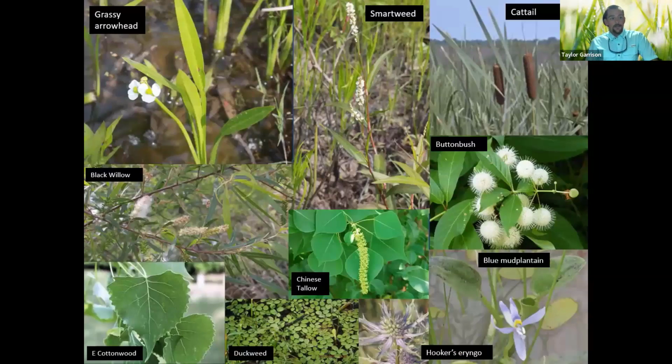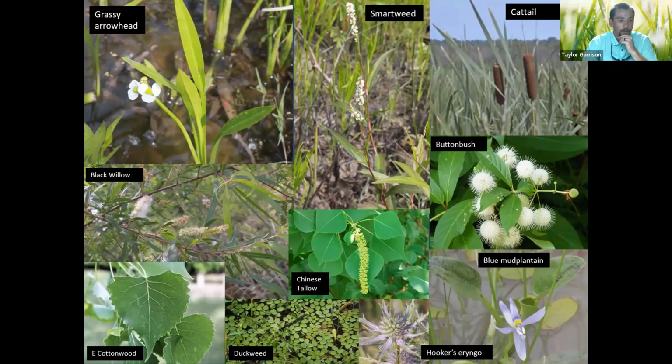So other examples of vegetation that you could find in a marsh are grassy arrowhead, and that's Sagittaria graminea in the top left. A really common forage species. It's a perennial that will occupy ditches, kind of wet areas, marshes. It doesn't do too well in deep water, but will be present in a wet soil situation. We also have smartweed again, kind of a closer photo of the flowers in the middle. And we have cattail in the top right, so Typha species. And cattails are one that grow in many wetlands, but typically they're managed for because they can create a monoculture. Even though they're native, they can take over a marsh and shroud out diversity.